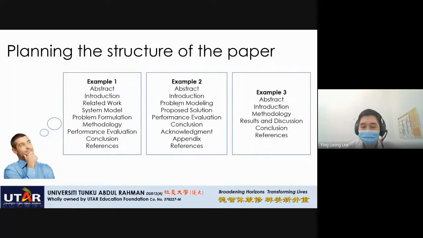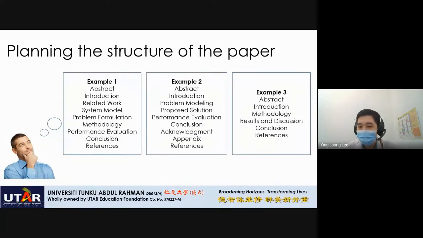Except the related work is not there, because sometimes there are authors that integrate the related work part into the introduction. That means related work is part of the introduction. So there are also papers like this. So you can merge related work into the introduction. Okay, and sometimes you have an acknowledgement. You want to acknowledge someone who has contributed to the work of the paper, but not in writing, right? Appendix, maybe you want to show some supplementary information, and we put it in the appendix, right?